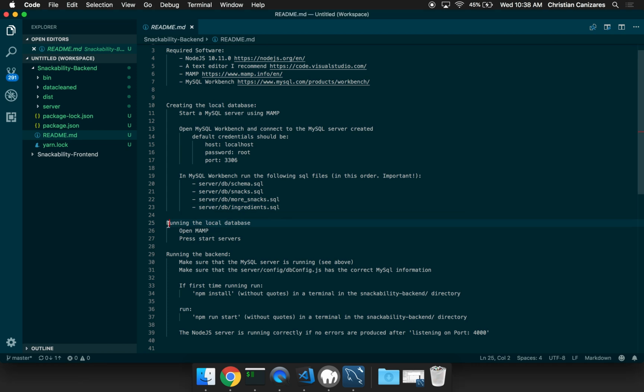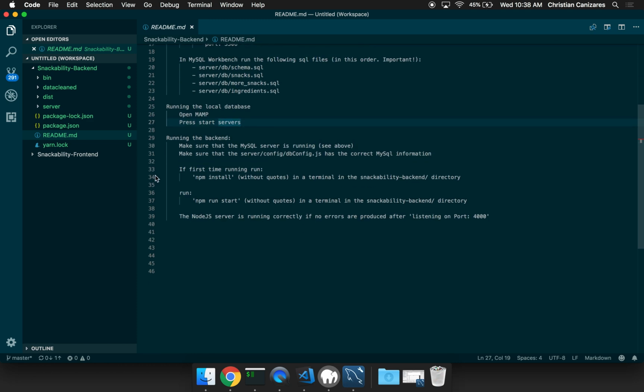Okay, so again, to run the local database, you just open MAMP and press Start Servers. I've already done that, so I'll leave it running. And now let's run the backend. So first we've got to make sure that the SQL server is running, and we did. And now let's check that the